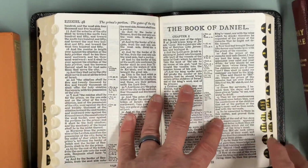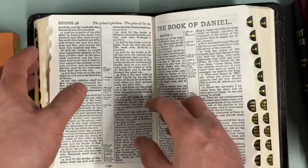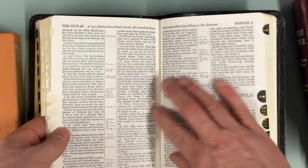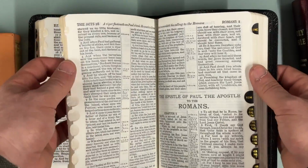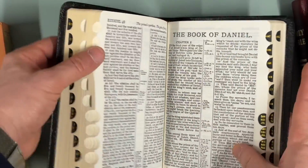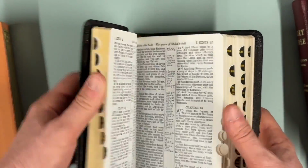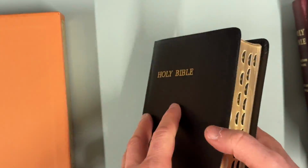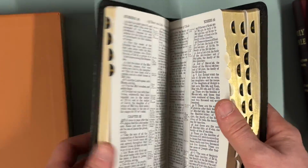But look at this. This is just stunning. I love the paper in this particular one. Really like it. Nice creamy sort of ivory texture, and it's black letter as well, and it's just got that quality to it, which you just can't put your finger on, but it feels super flexible, this particular binding. So I wouldn't be put off by the fact that it is a bonded leather. It feels great to me,